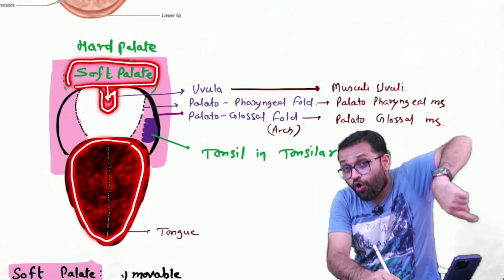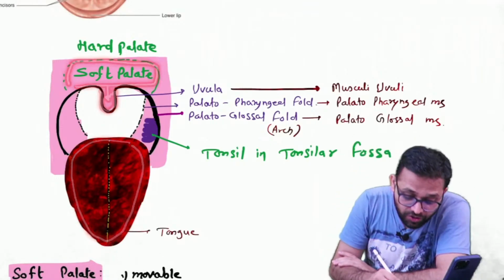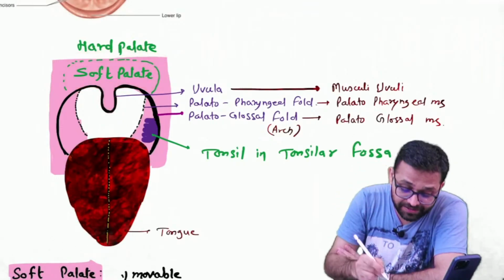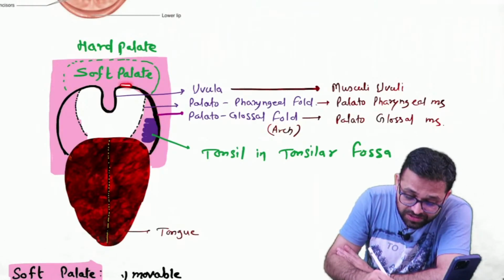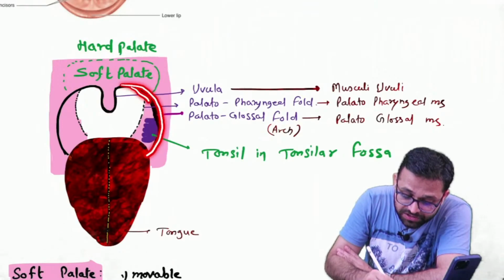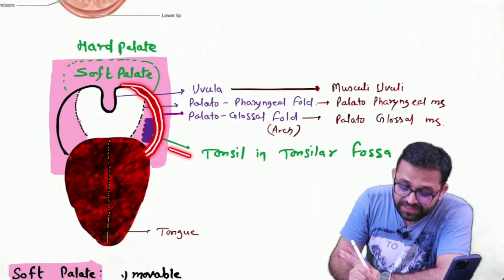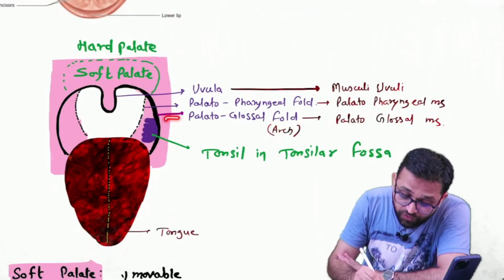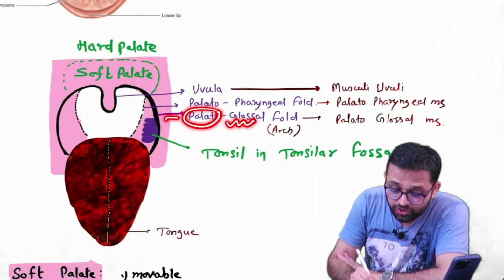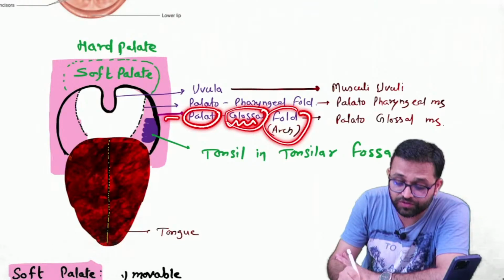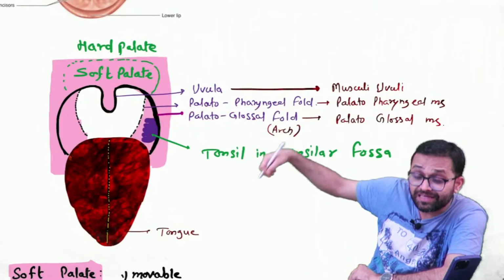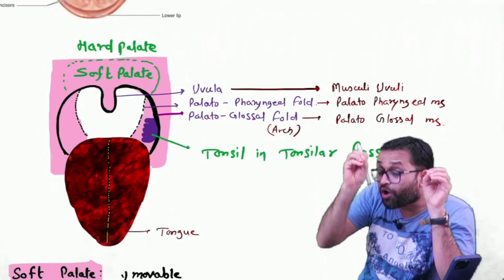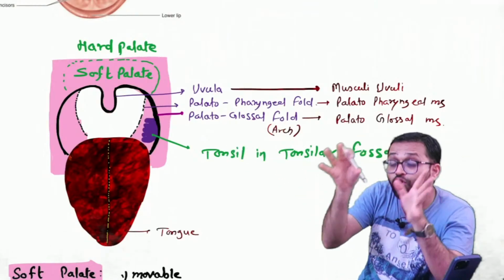Who hangs from the soft palate? Uvula. And the part in front of it, what is it? Hard palate. So can you see, there is a fold of the mucosa running from the palate to the tongue. So this is known as the palatoglossal fold. What is the name? Yes, this is our palatoglossal fold. Break the name: palato to the tongue. That's glossal. Yes, it is the fold. So palatoglossal fold. When we will do incision, within it you will see the brown color muscle. That is the palatoglossal muscle.